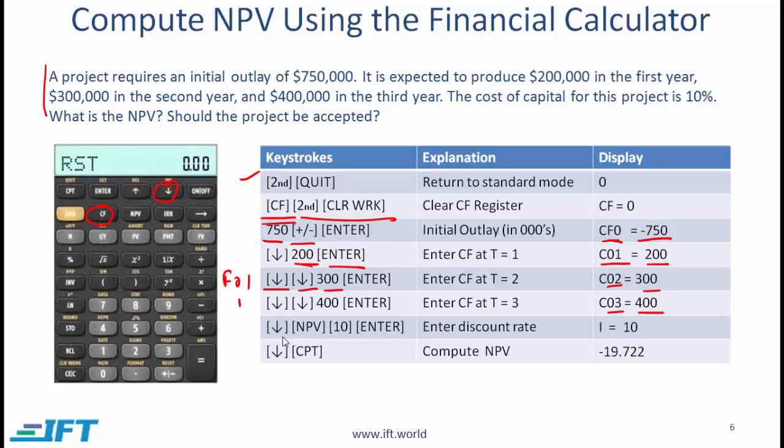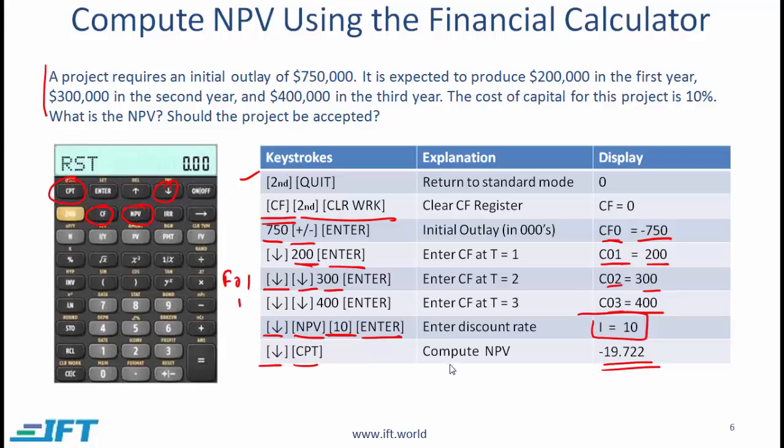you do that by hitting the down arrow again and then hitting the NPV button, which is over here, and then you enter 10, which is the interest rate, and enter. What has now happened is you have told the calculator that the interest rate is 10%. You hit down arrow again and then the compute button, and the calculator will compute the NPV. The number will be a negative number, which is what we saw earlier. So we get an NPV of minus